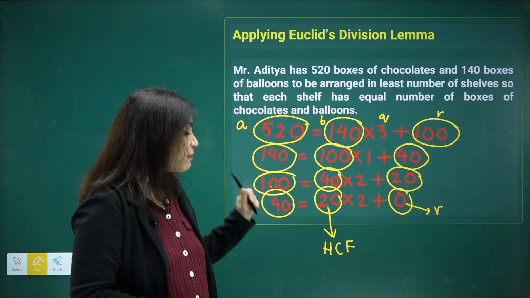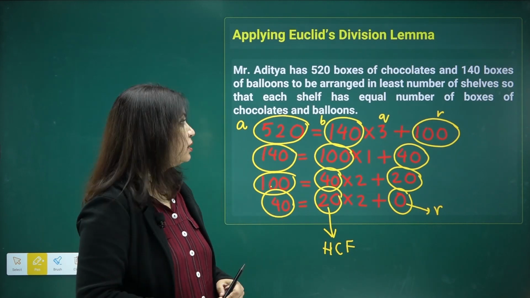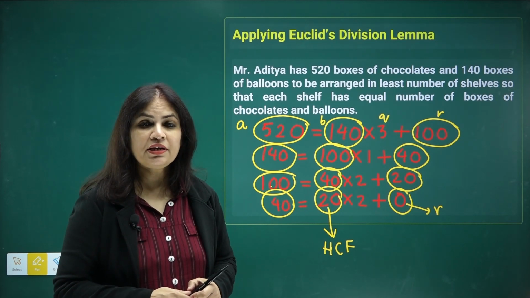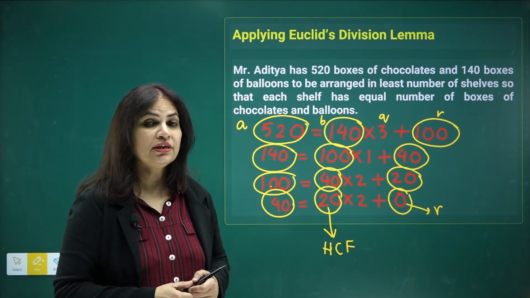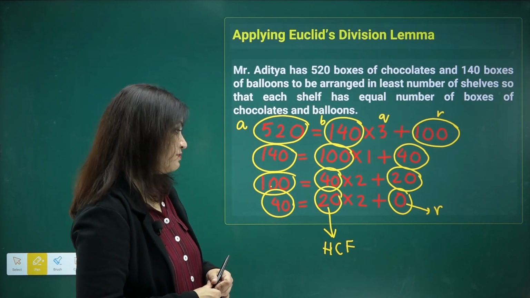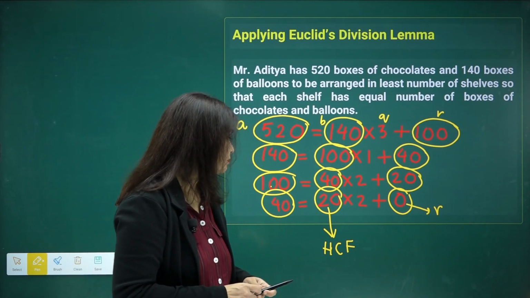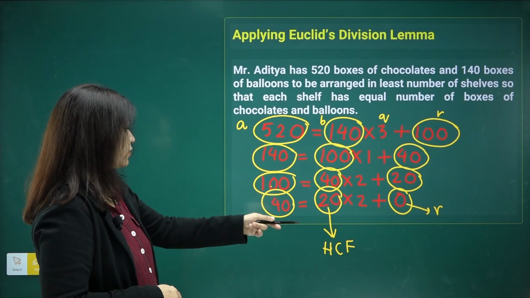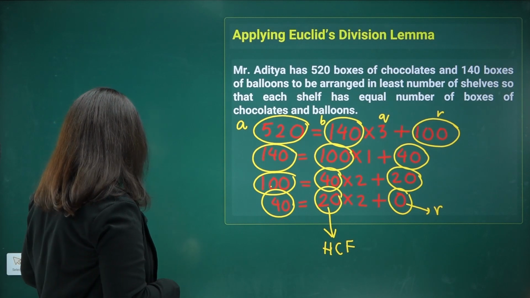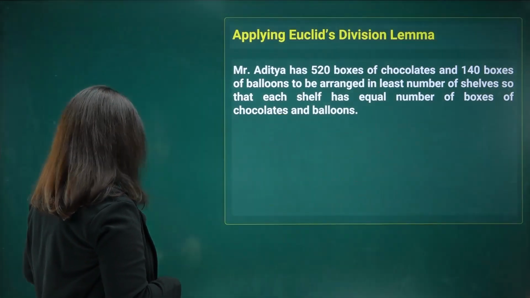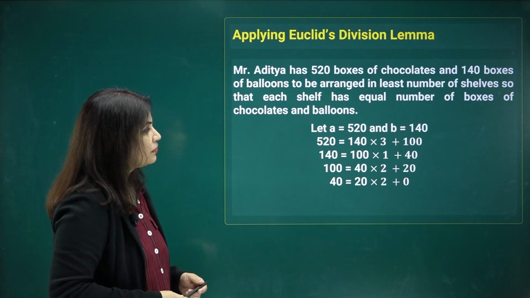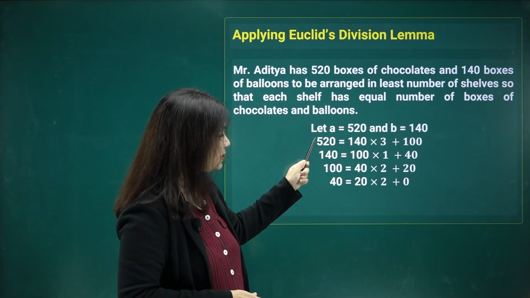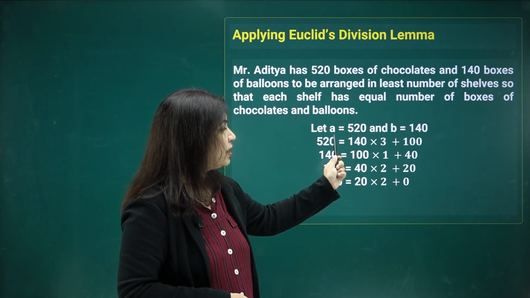So this is the maximum number of chocolate boxes and balloon boxes that can be arranged in the least number of shelves. And what is the number of shelves? The number of shelves can also be calculated using this. So let A equal 520 and B equal 140. 520 can be split up as